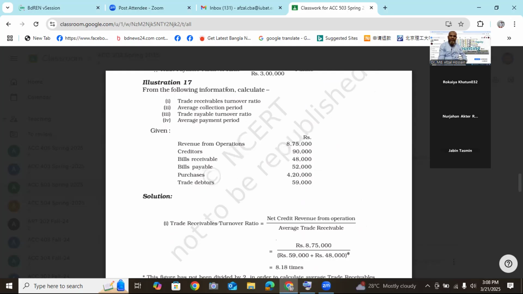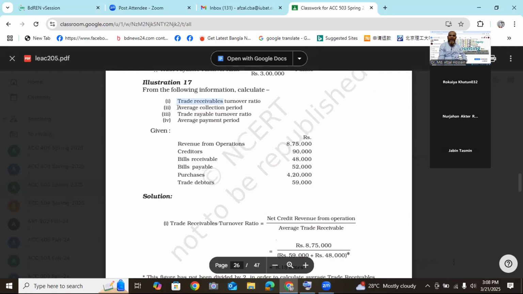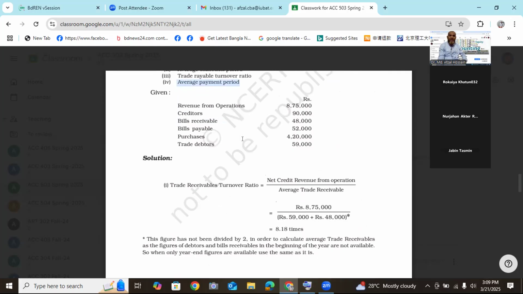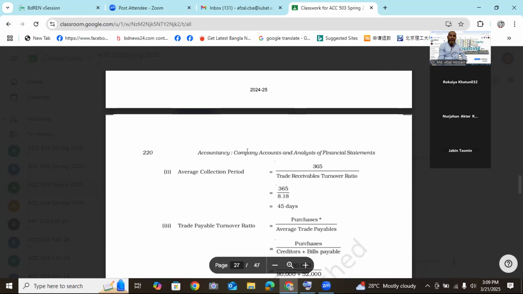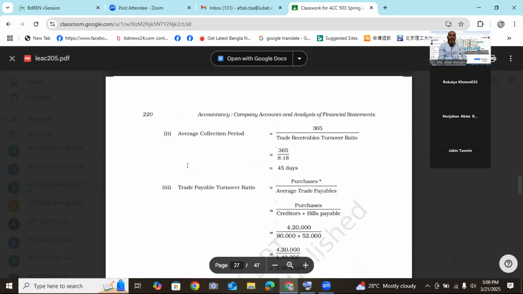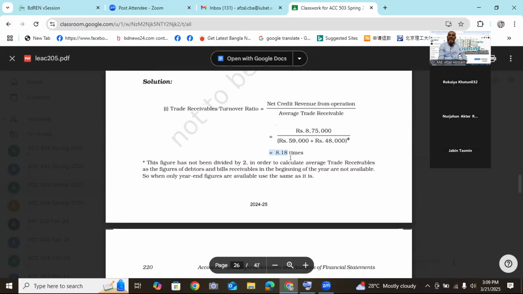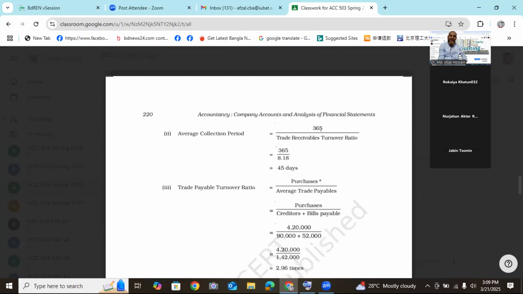From the following information, calculate the trade receivable. You have already done the average collection period. That means you have to divide 365 by the turnover ratio, and likewise for the trade payable turnover ratio, to get the average payment period. You convert the turnover ratio by dividing 365 by it. This ratio is 8.18 times, and 365 divided by it is